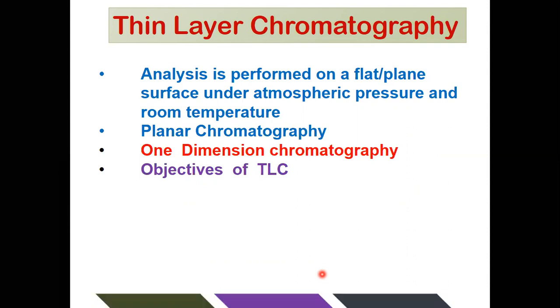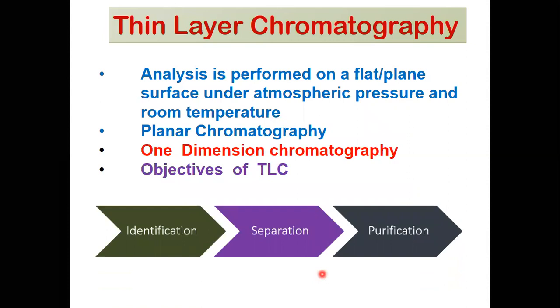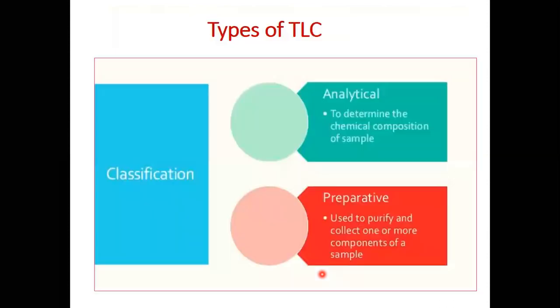There are three main objectives of thin layer chromatography: identification, separation, and purification. That means with the help of TLC, we can identify, purify to some extent, and TLC has the power to separate the compounds. On the basis of the aim of thin layer chromatography,